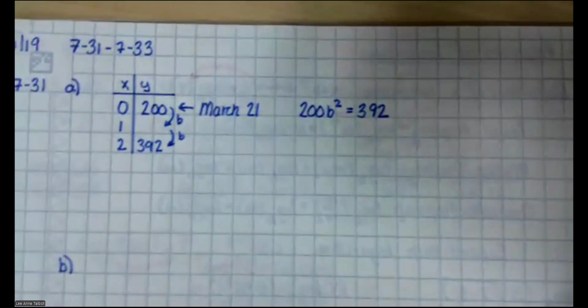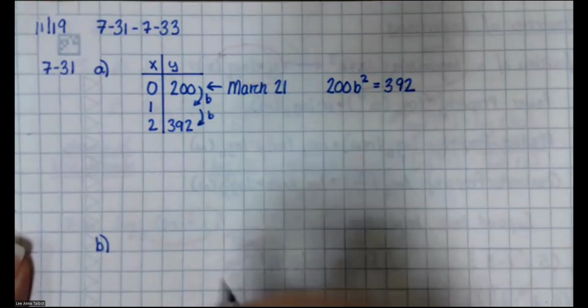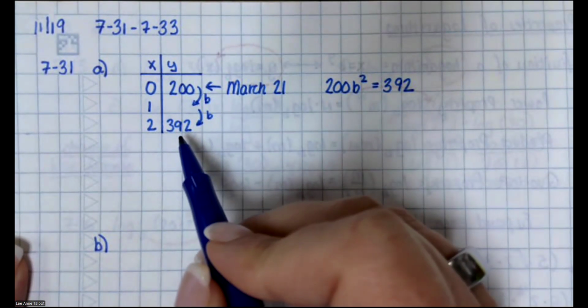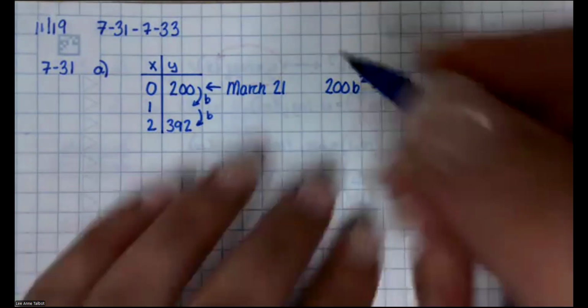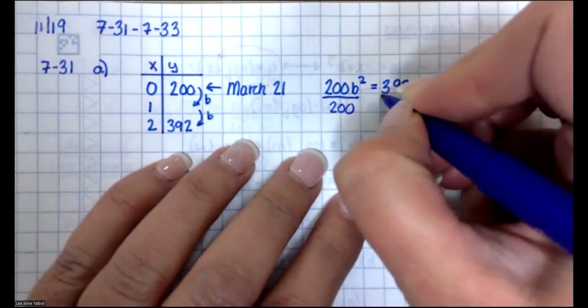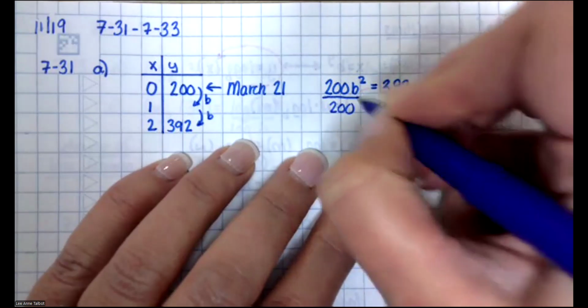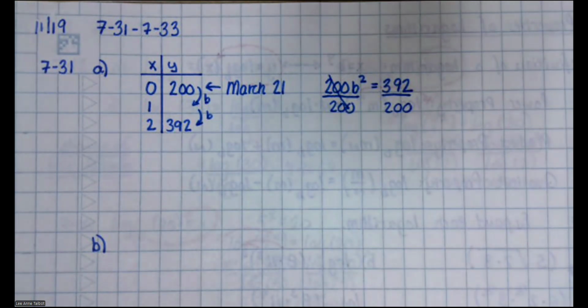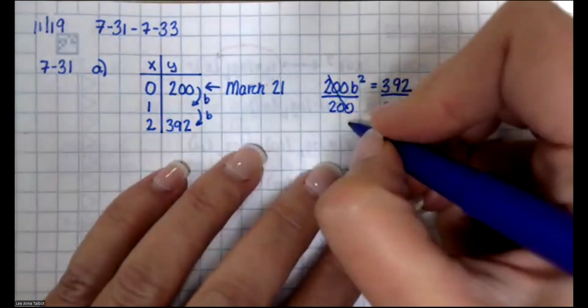Do we understand why it's b squared? So it's 200 times something times something. Okay, now always divide first. You might feel like this lesson's out of nowhere, but just give it a second. I promise you it's not. The context kind of is, but